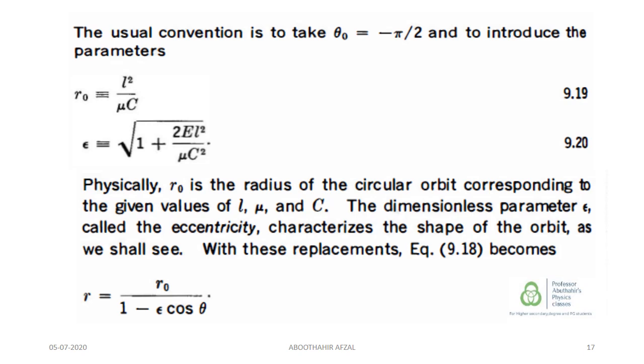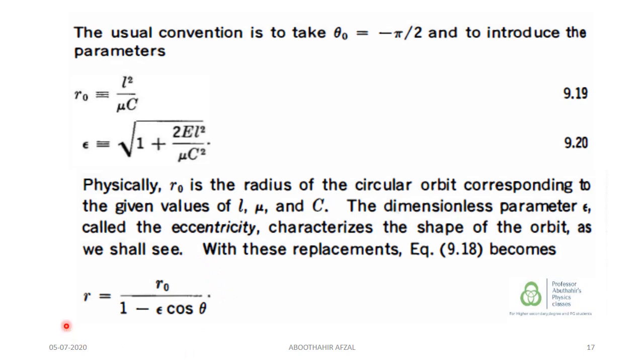And there are various possibilities for the orbit of the satellite that depend on the values of E and L, and as c and mu are constants, the two variables possible are E and L. And that E refers to the energy. That means whenever there is a change in energy of the satellite, that will cause a change in the eccentricity, which will affect the path or orbit of the satellite, and it will change from hyperbola to ellipse, or ellipse to parabola, or ellipse to circle.